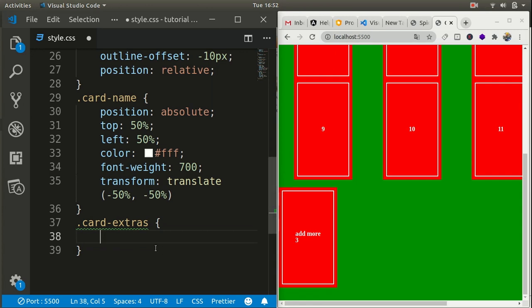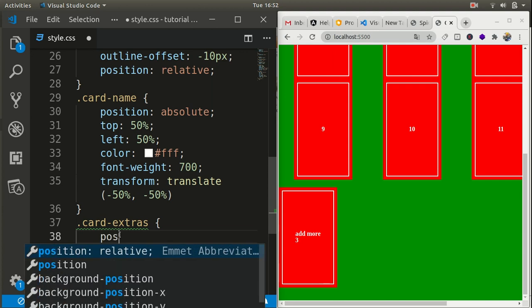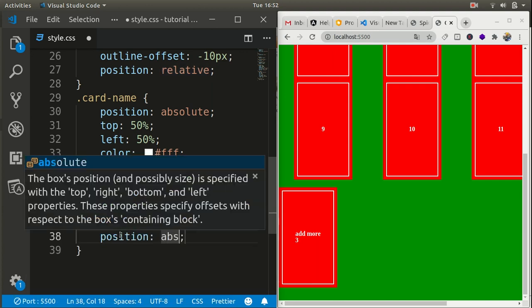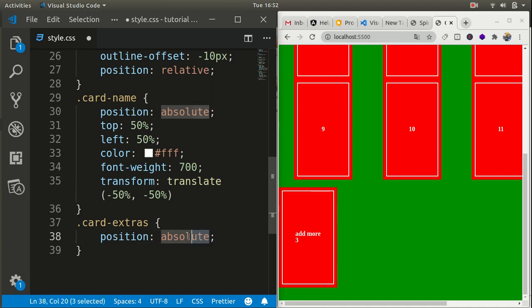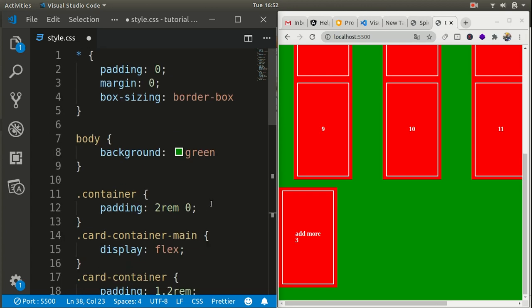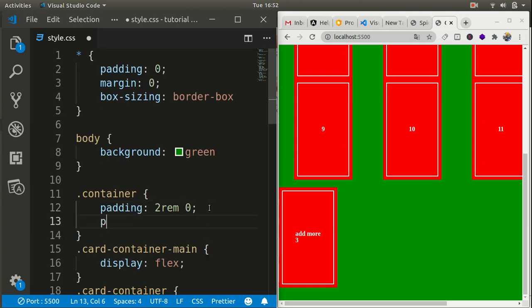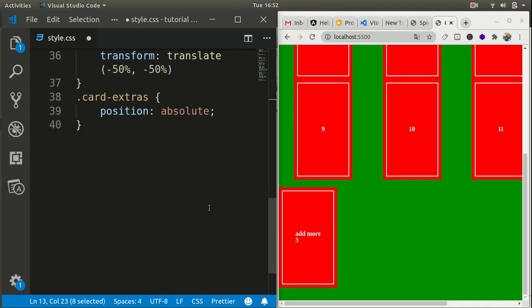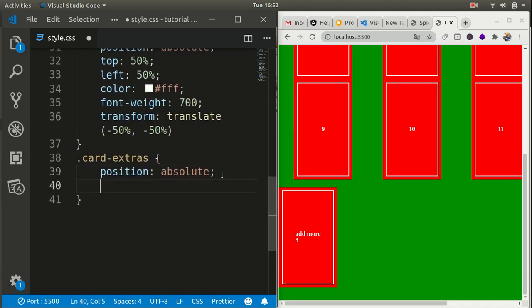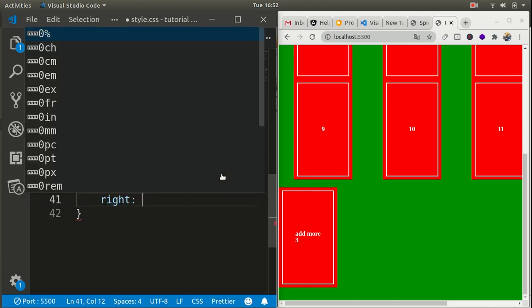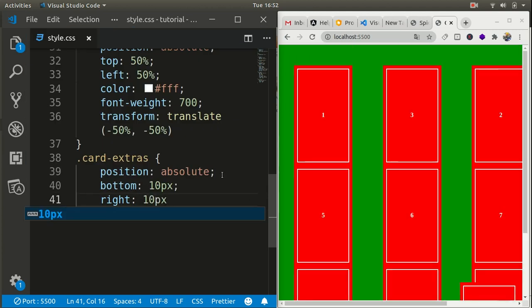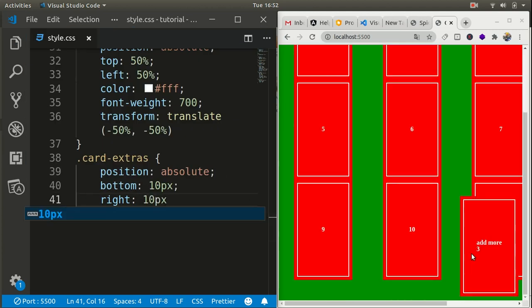We have to define the property position to be absolute here too, and it will also try to find the parent having position set to relative. So its nearest parent is container itself. So let's define position property here and set it to relative, and then I can apply here bottom 10 pixels, and from right it should be 10 pixels. And if I save this, the card got placed onto the right bottom. That's what we want.